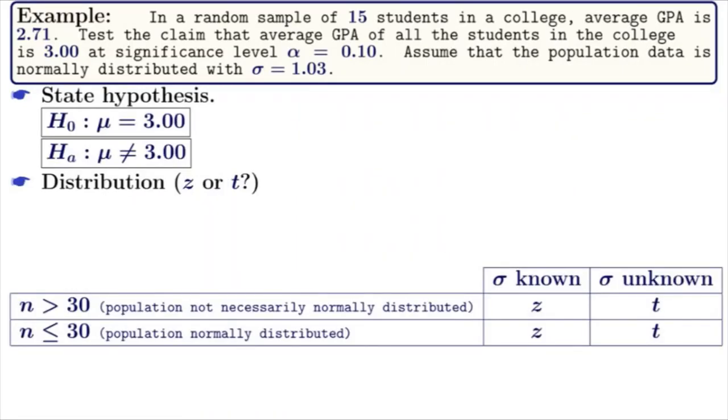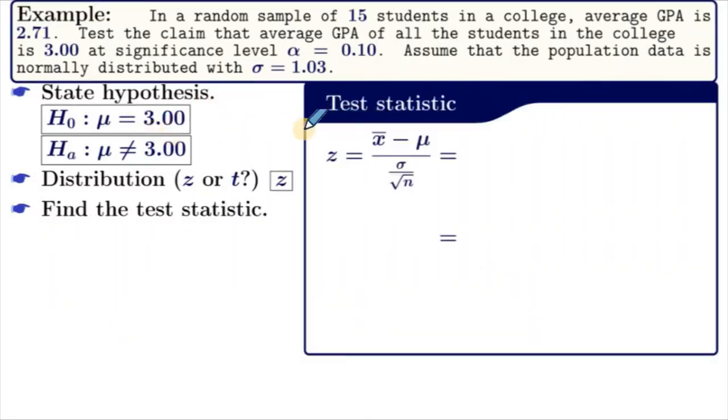Next, let's find out if it will be a Z or T distribution. For that, we can use this table here. We see that population standard deviation sigma is given, so we use Z distribution. Next, let's find the test statistics Z using this formula. So let's figure out all the value that we need for the formula. Here we need X bar,